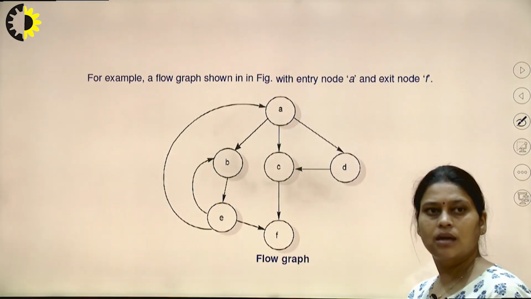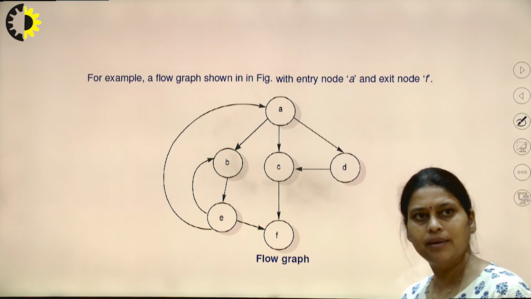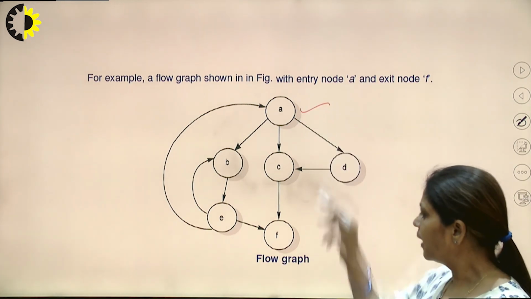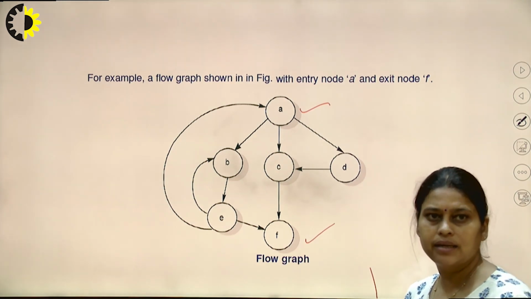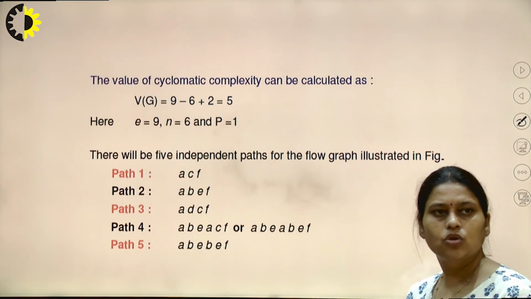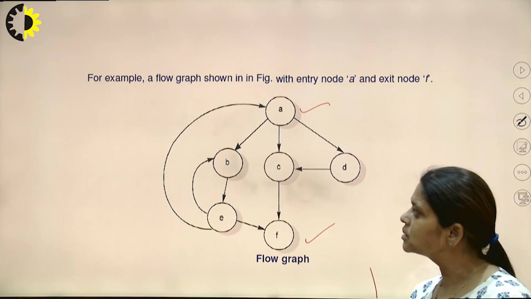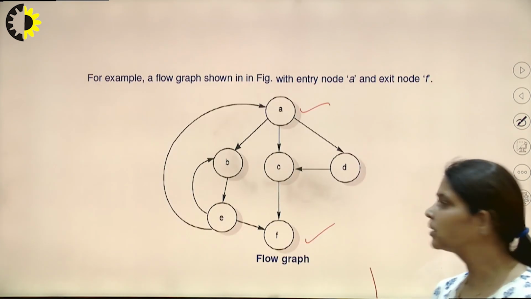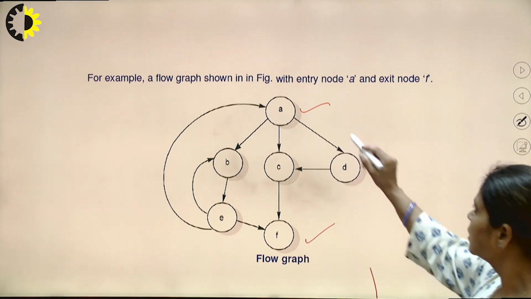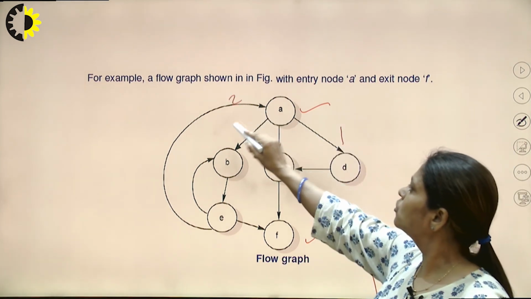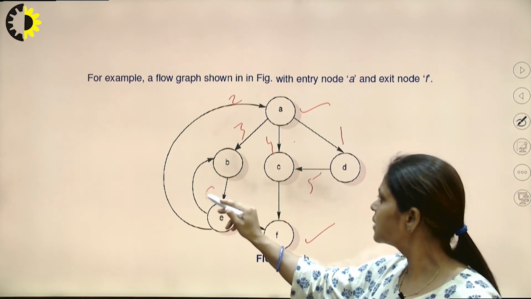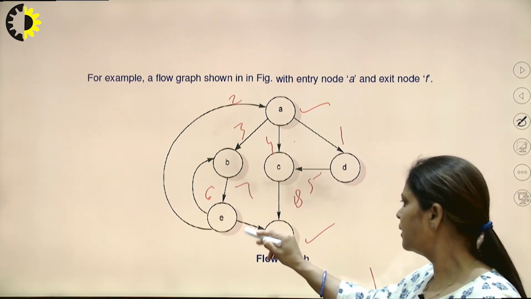So this is another program. For example, in this figure, A is your entry criteria and F is your exit criteria. So the complexity for this given example is V(G) equal to, we first count the total number of edges: 1, 2, 3, 4, 5, 6, 7, 8 and 9.